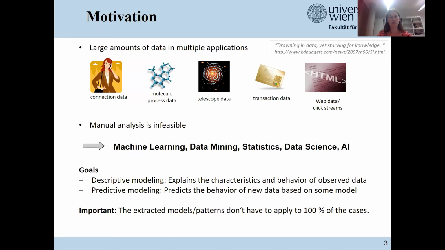Therefore, in data mining or machine learning, we are always looking for a very good abstraction of the data, preserving the most essential characteristics of it, but not all of them.